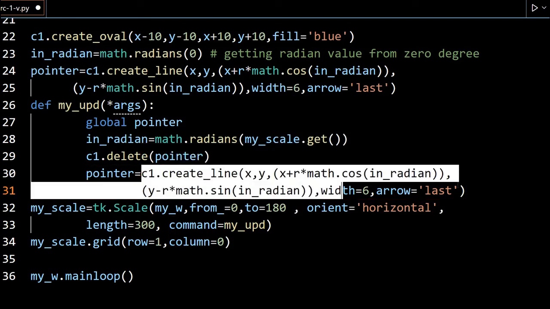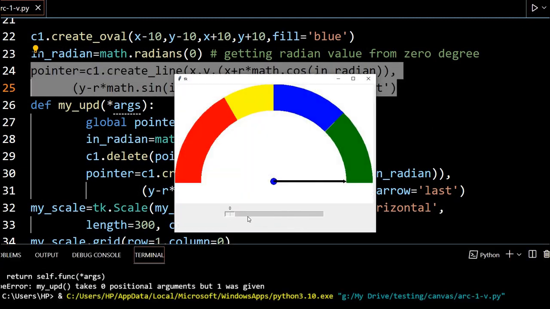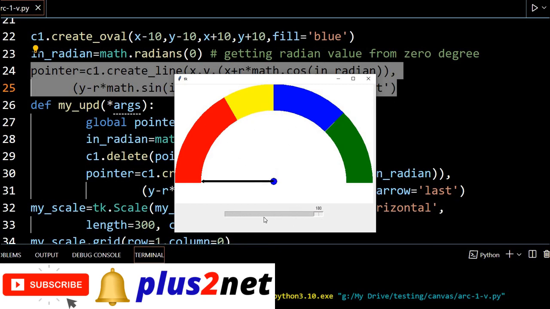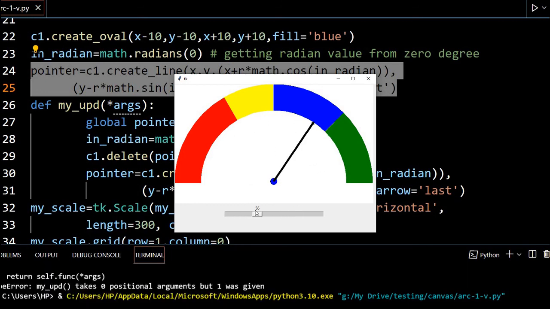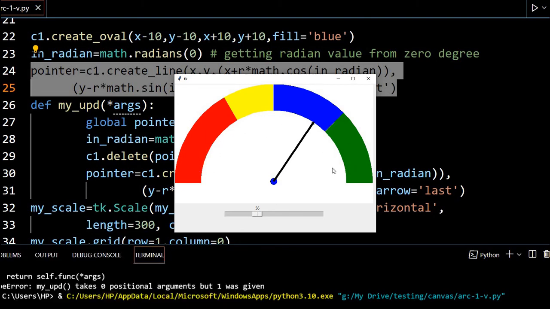This is the main key, and this is the same one I have used here, and this is at 0 degrees. That's all. Let's save this and run once and see how it is working. Yeah, here it is. If you require, you can make it a full circle and the pointer will read that value. Suppose you have some instrument where we are reading data, let it be wind speed or weather, anything. Whatever data you are reading, you can directly transfer it, because now we are taking from a scale, you can read some instrument value and accordingly the pointer can rotate also.